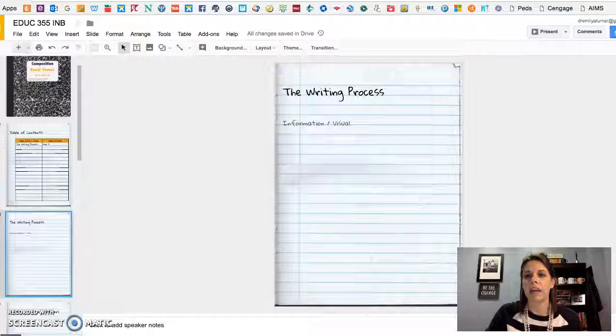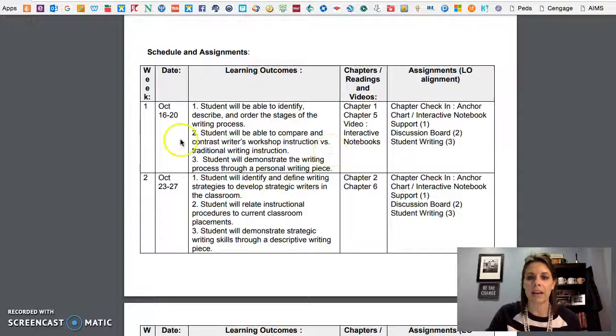So then, if you're looking at your remaining tasks, your discussion board is number 2, and then number 3 is to demonstrate the writing process through a personal writing piece. So in chapter 1, we talk about the writing process. In chapter 5, which you also need to read, we talk about types of writing. We're starting our genre studies of writing, and they talk about personal writing piece. They focus on journals and letters. So you are going to choose either a journal entry or a letter, and you are going to